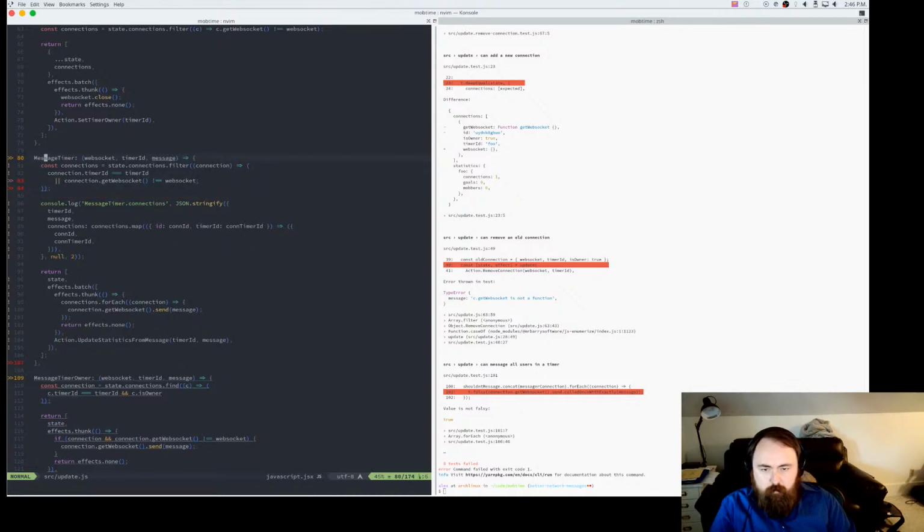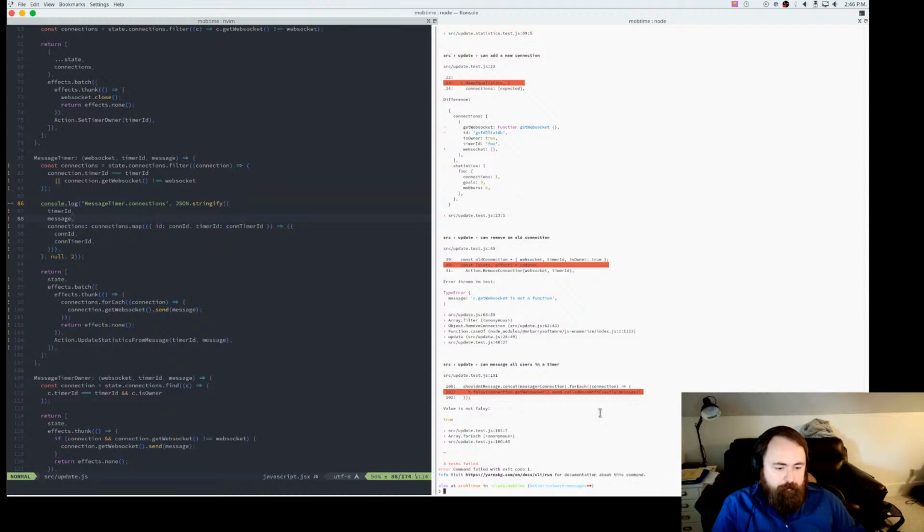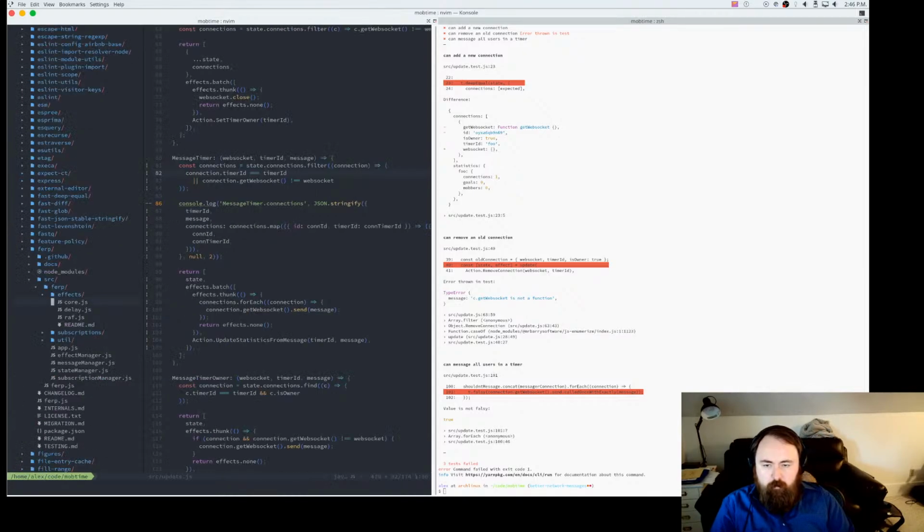Now what's interesting is this seems to think that maybe message isn't being used. But I would disagree with that. Okay, there we go. It was just because it was JavaScript errors. Classic. Alright, so it still thinks that we're messaging people that we shouldn't be. So we're going to just run this specifically. So update dot test.js.